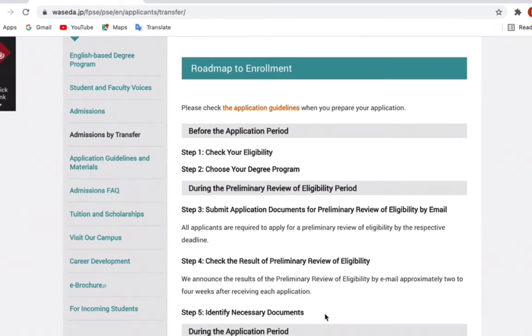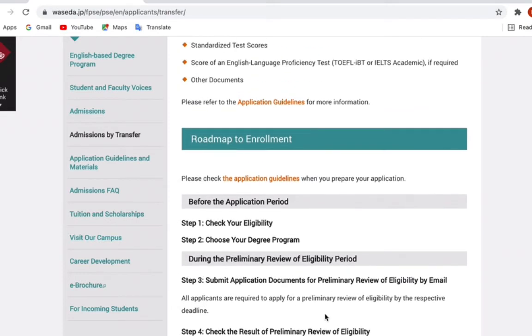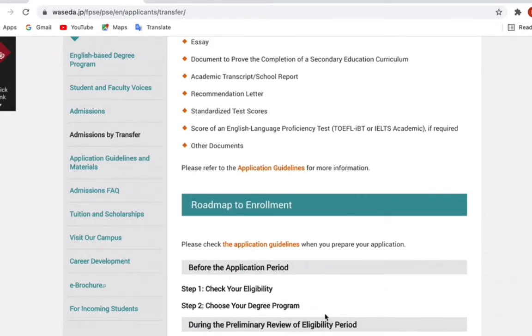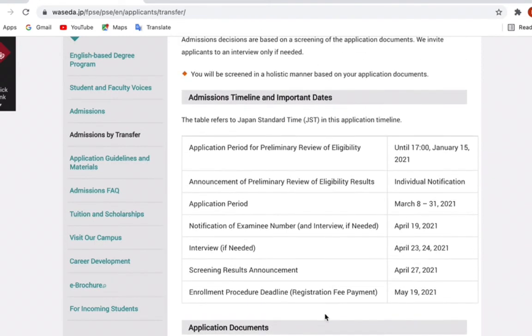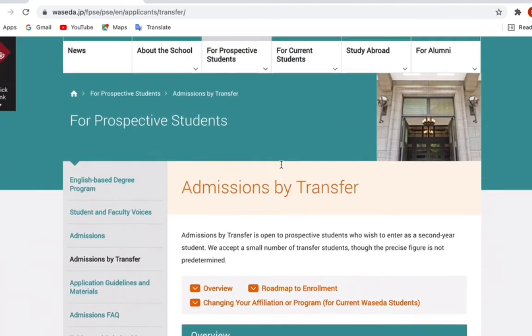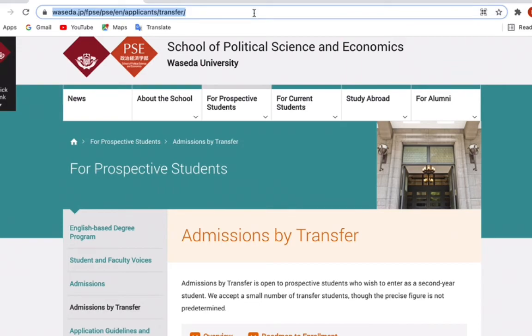I know that in the other universities, I did not really show the list of the documents and all of that, but I just want to give you an idea of the universities that accept transfer, and if you're interested in a particular university, then you can go ahead to research more about the university on your own. So anyway, this is about WASEDA, so we know that these are the degree programs they offer for transfer. So yeah, I guess this is enough. So the next one is